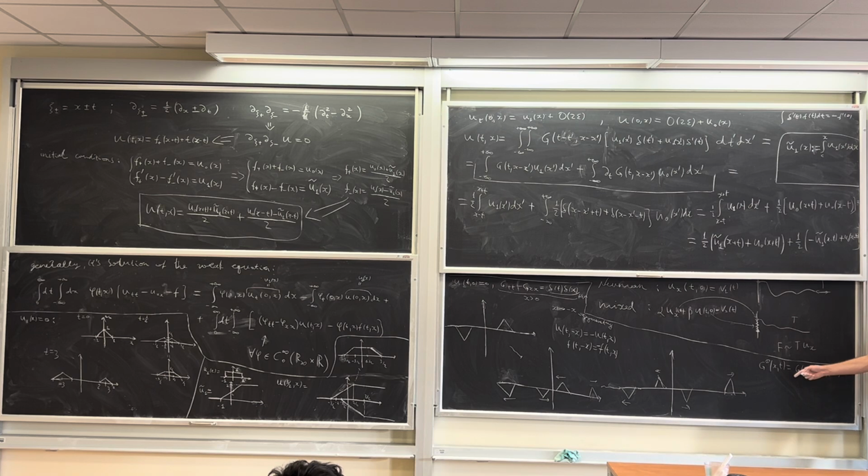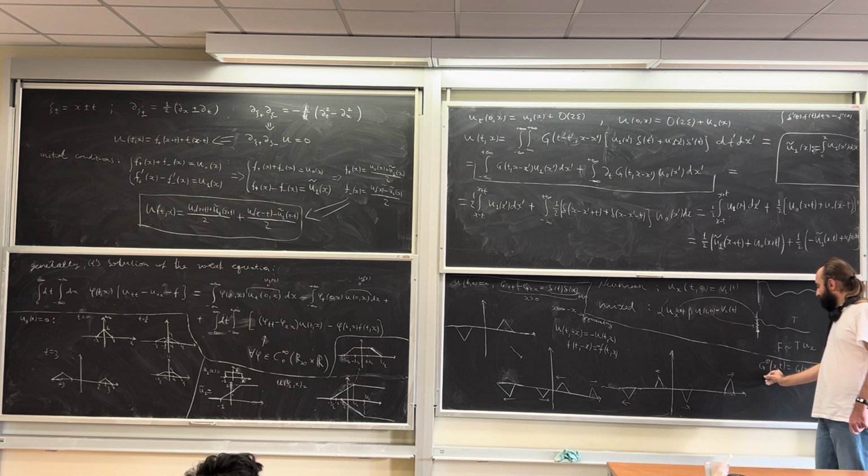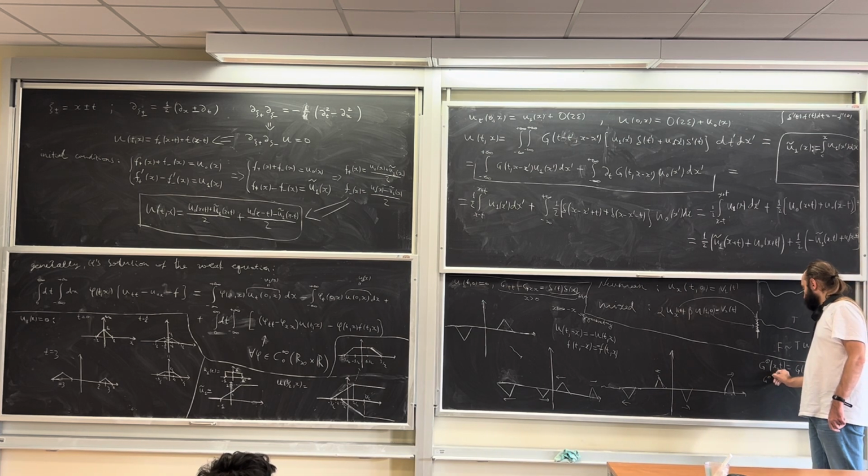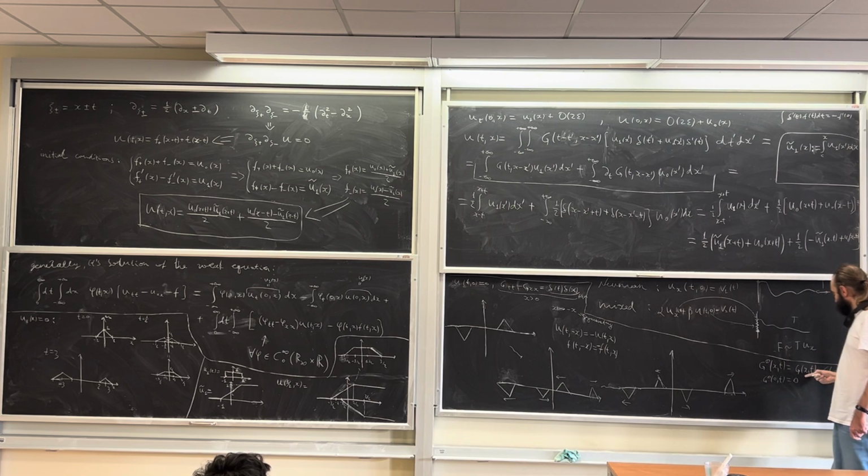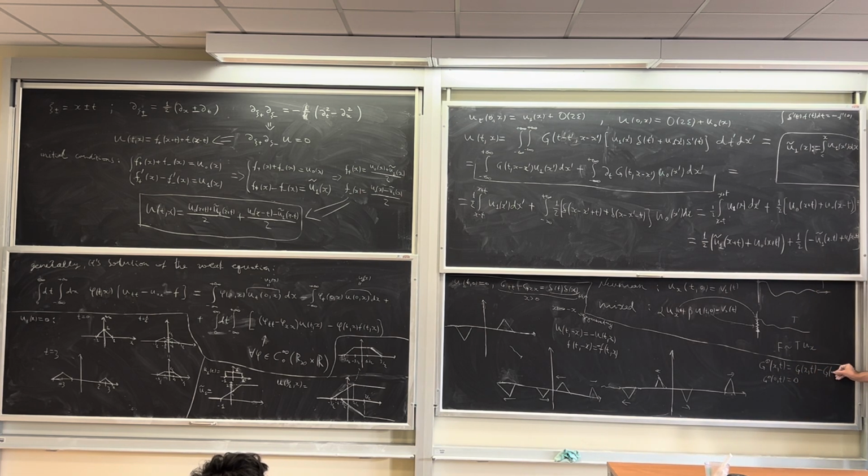And you see that we obviously have that G Dirichlet of 0 and t is always 0 because these two Green functions cancel. And it's also clear that this expression is a really Green function because